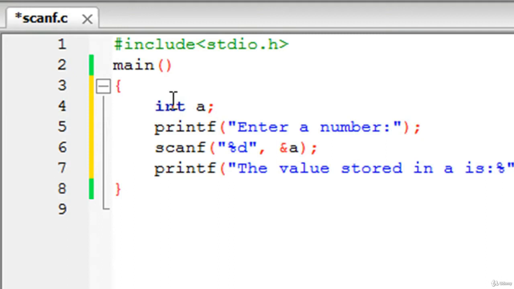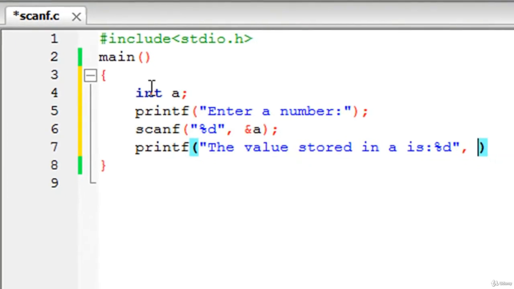have to type in the %d format specifier again because we're displaying an integer, and then you put a comma symbol, and this time you just type in the name of the variable without the address of operator because we are interested in displaying the value, right? We're not interested in the address here. You put a semicolon to terminate this statement, save the file, and now I'll click on build and run to